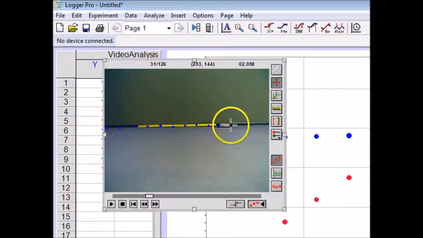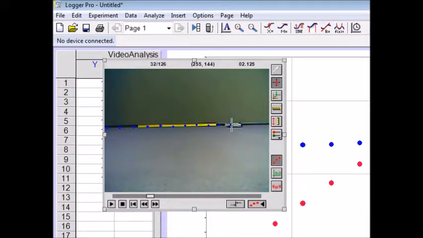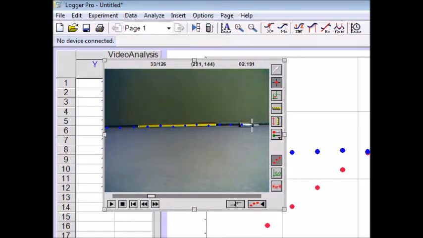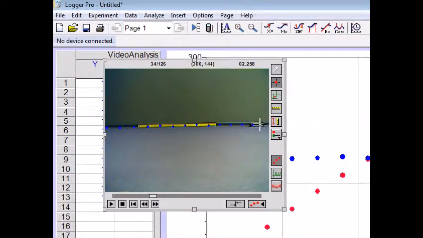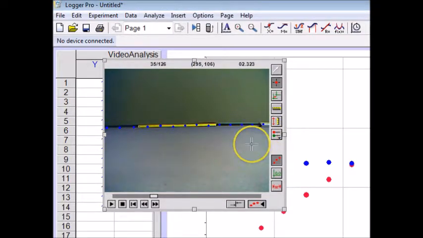Behind my video capture window, you could see that points are being plotted on the default graph axes. Don't worry about that at all. You can change those axes to whatever you want them to be later. Okay, that's it. The portion of the car that I chose to select is now invisible on the video capture